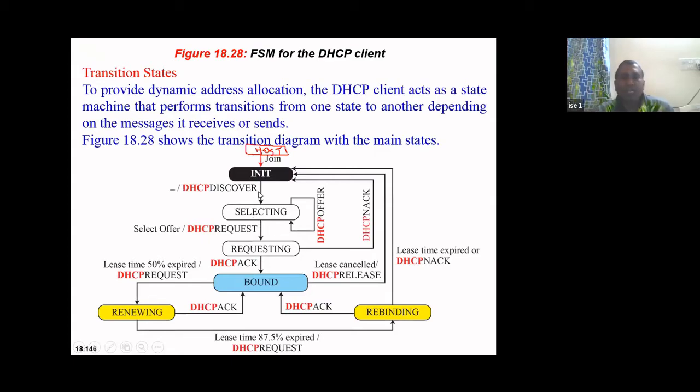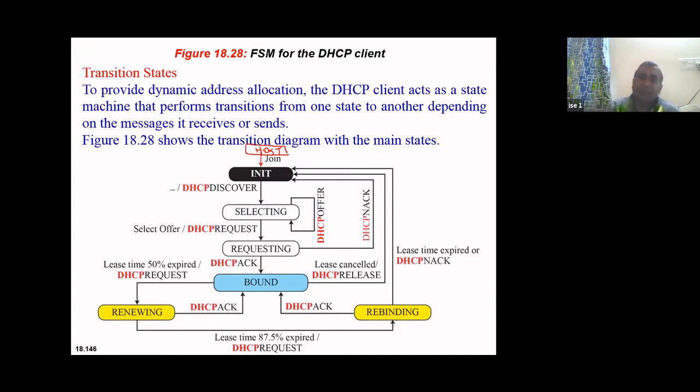Now in the selecting state, the host will select which server to send a request to. Every DHCP server will send an offer. One says I will connect to you for 3600 units of time. Another says I will give you only 1000 units of time.